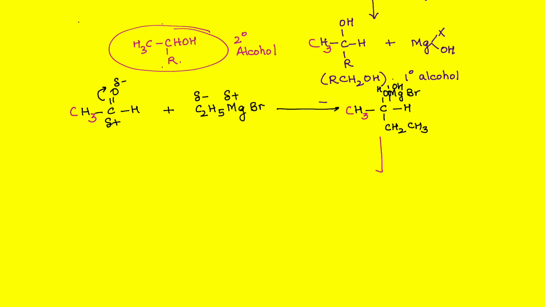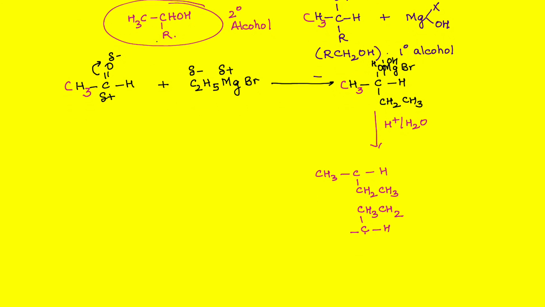Acidic hydrolysis happens as usual. In many places you will find it written like this. It is correct. So you have CH3, CH. Notice the CH2, CH3. Please be very careful. In my experience, I have also seen students writing it like this. Yes, they write it as CH3, CH2 and connected to a carbon. That would be wrong. Can you tell me why that would be wrong? Notice, expand it. You will see where you are going wrong.